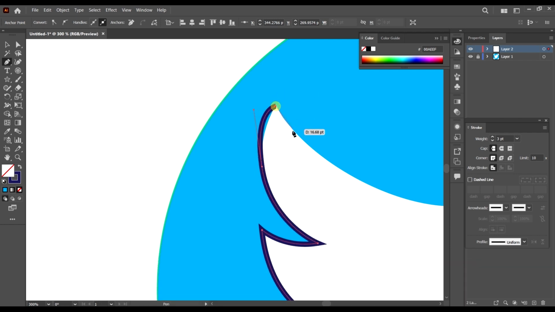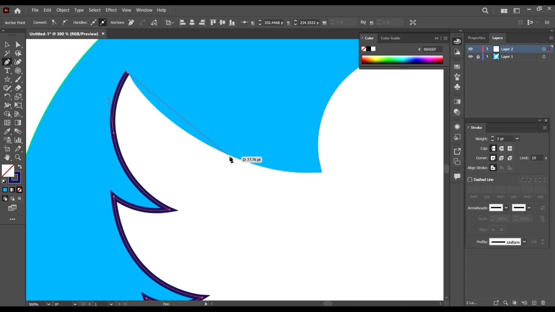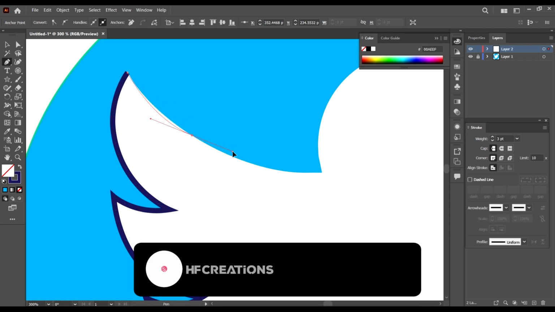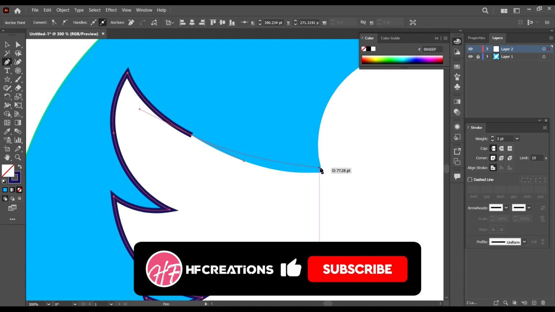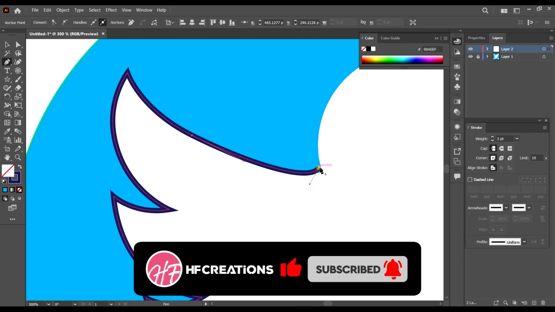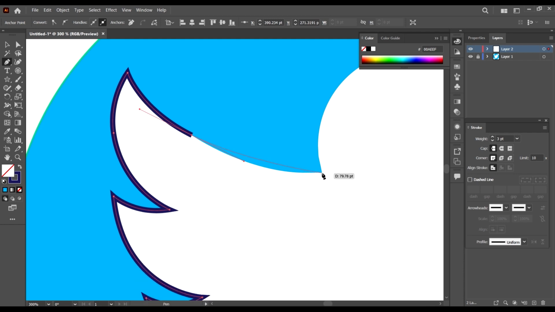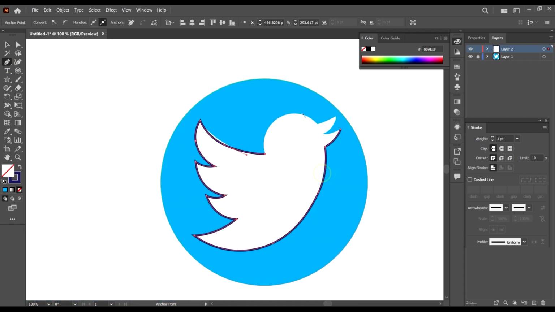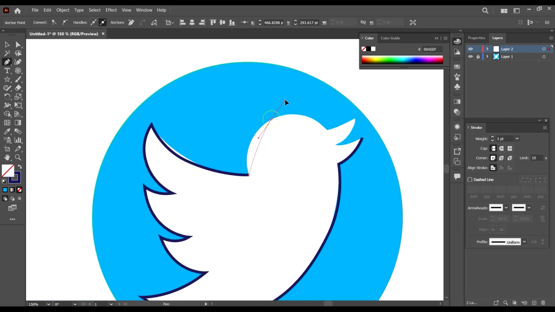perfect using this tool. Okay, so I'm going to use my direct selection tool and reduce the curvedness of this path like this. So take my tool and continue drawing out stuff. So draw it out like this, maybe like this, sorry, maybe like this, and then just come and do this. Take the pen tool, click here,